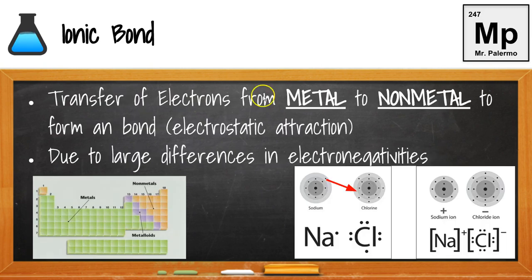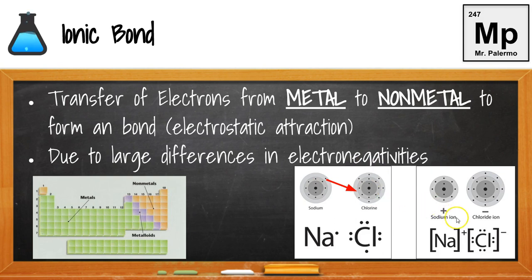An ionic bond has the word ion in it to remind you that it is a connection between ions. So an ionic bond is a transfer of electrons from the metal to the nonmetal because the nonmetals have a high electronegativity, a high attraction for electrons. And the metals have a low electronegativity, so they can't hold on to their valence electrons. So when there's this pull on electrons from both atoms, the nonmetals always win, and therefore the electrons are transferred